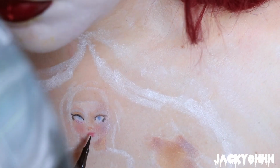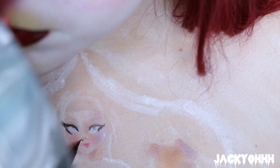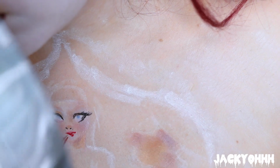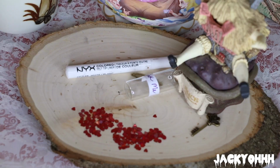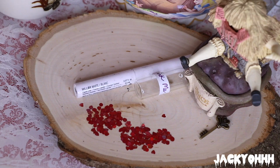And I gave her 2 little nostrils, and then I gave her some lips, which I'm doing in a minute, with the NYX Viv Brights eyeliner in Vivid Fire. I just defined her lips a little bit more, I gave them a little bit more definition. Then I went into the NYX colored liner in blue and I just gave her eyes a little bit more definition, and then I took some of that white colored liner and I put that throughout the face to highlight